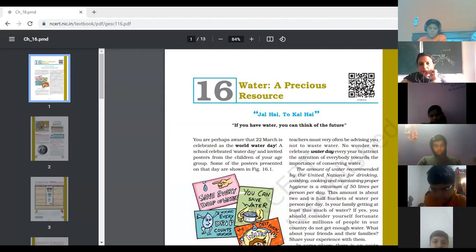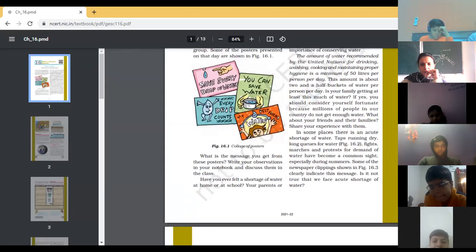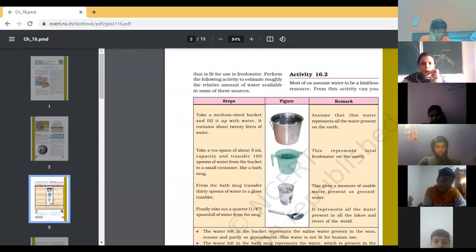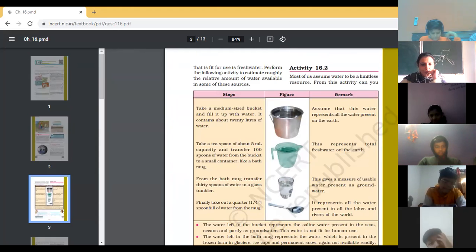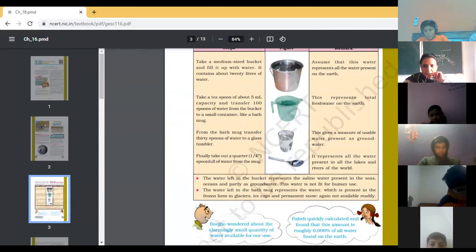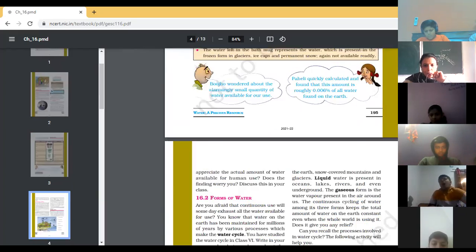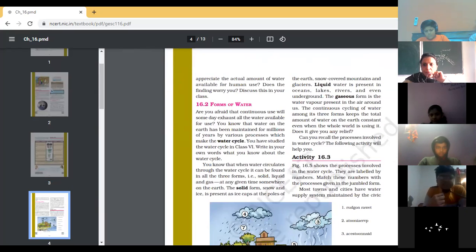Two days back, we had started chapter number 16, Water a Precious Resource. We have already learned the misunderstood words. Yesterday we discussed how much water is available for us to use as fresh water. That was very less. If we compare the whole water of the earth to a bucket of water, we can take only a quarter of a spoon for our use. It's really a very small amount, and it's an alarming situation for all of us regarding the water